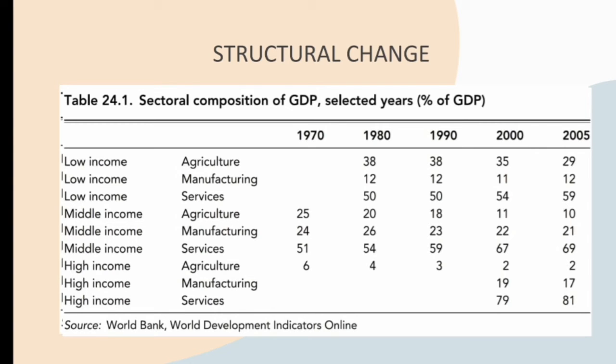Meanwhile, in the agriculture sector, there is a negative impact. Probably the negative impact doesn't really occur in low income countries, I think, because in low income countries the citizens mostly have jobs as farmers. So even though there is still a possibility of decline, it is not as strong as in middle to high income countries. Meanwhile, middle to high income countries tend to avoid becoming farmers, especially in the high income country. As you can see in the table, the agriculture in high income country is the lowest among